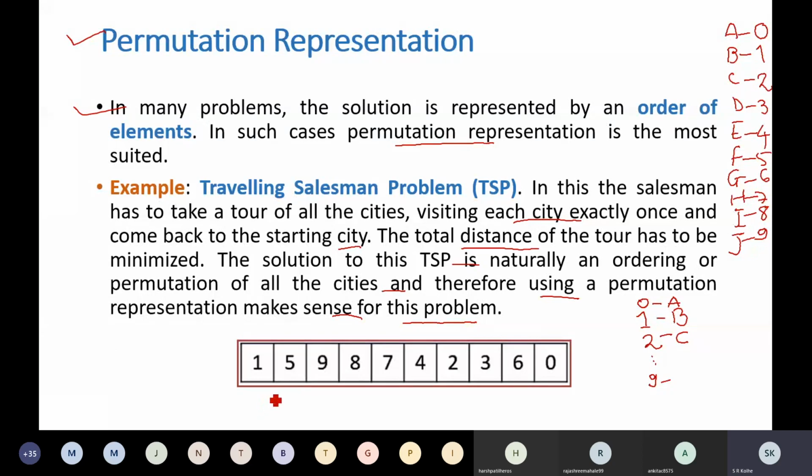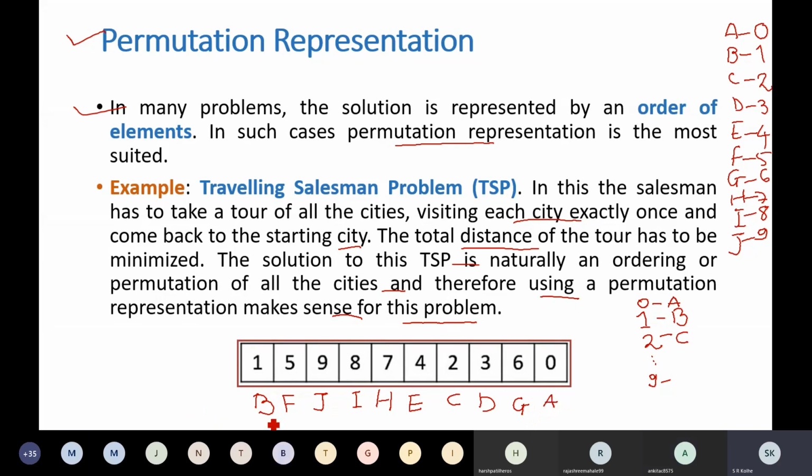So now here 1 means city B, 5 means F, 9 means J, 8 means I, then H, E, C, D, G, A. Right? Correct.